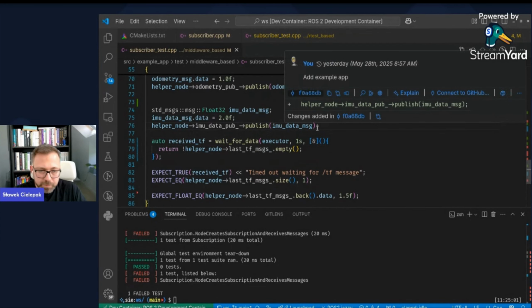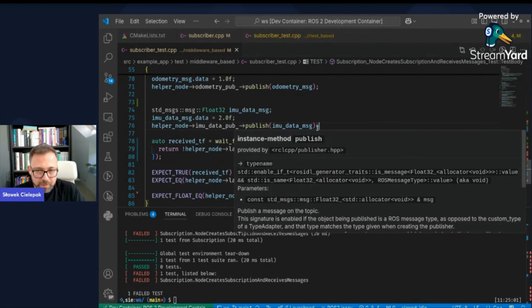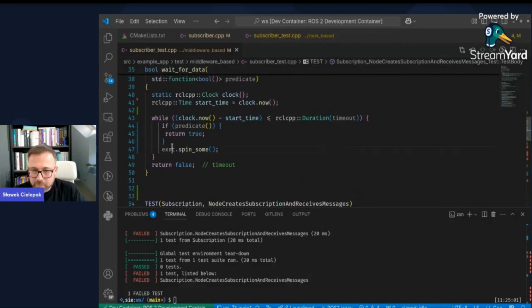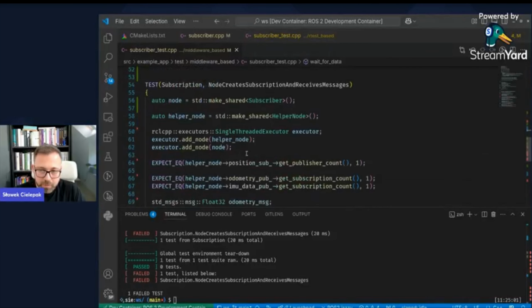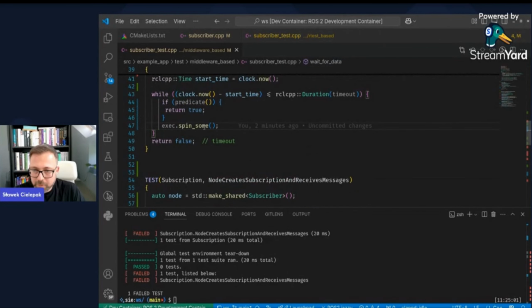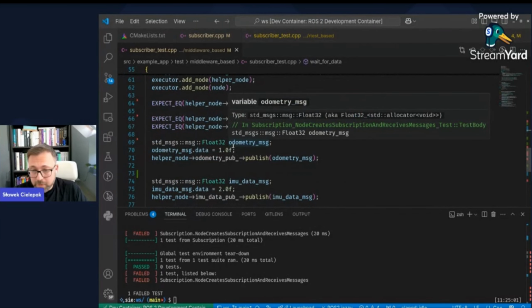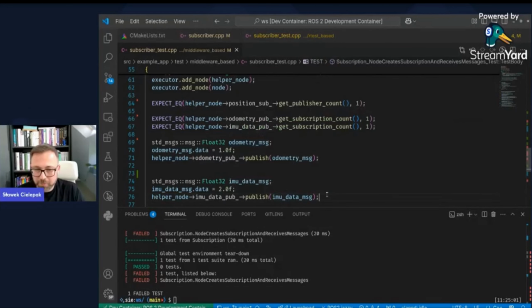And actually, we could probably fix that one way or another, try using different spinning techniques, maybe spin all with some timeout. Maybe we could add an additional thread for the execution and try to synchronize this in the test. But we are getting more and more complex unit tests, which you have to maintain. After a couple of weeks, when you go back to this test, it will be very hard to read and